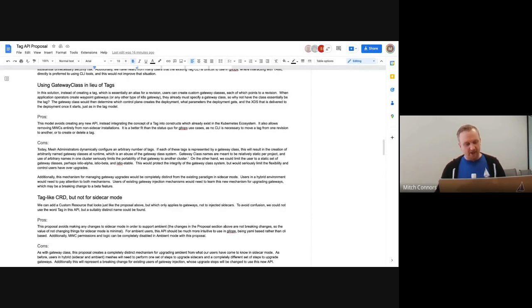The other benefit, the second, is for GitOps. GitOps users today effectively cannot make use of tags because we do not have an API, and because you're required to run a CLI in your GitOps environment, which is just not a thing. So for both sidecar users and ambient users, we need an API for tags. Whether that's a config map based API or a CRD, we need something that you can clearly see: there's a tag with this name, it pointed to this revision, now it's been updated to point to that revision, here are the other tags. But those are the two motivations I have here.